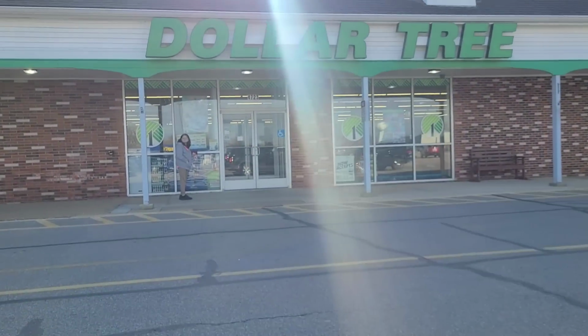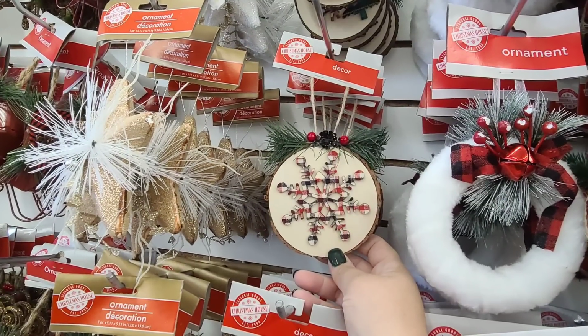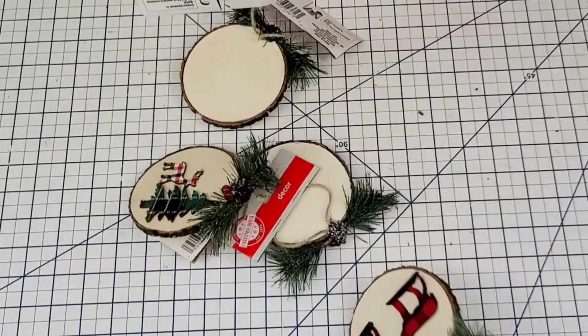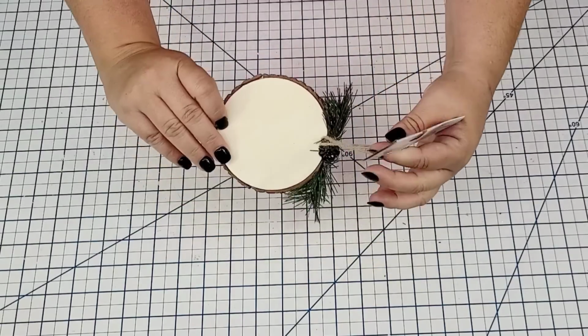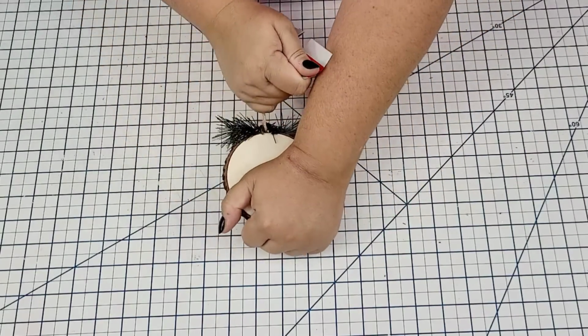Headed to Dollar Tree this beautiful sunny morning to find me some new ornaments I can actually update and make a little bit more custom. I found these faux wood slice ones that I thought could get a better look. Now, I like the look that they have, so what we're going to do today is